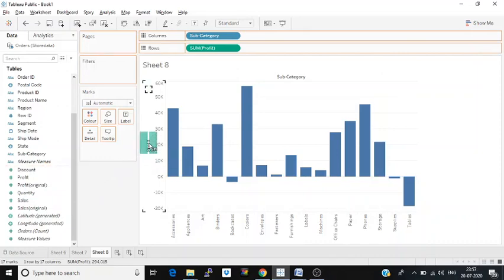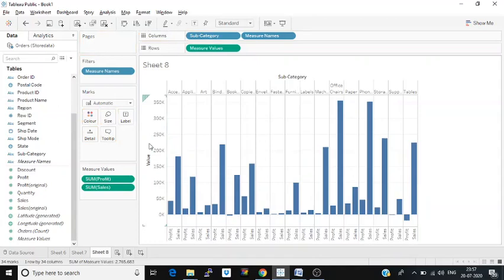First the profit axis was there. Now I have selected sales from the measure list and I will drop it on the same profit axis. So I will drop it over here, and if you can notice, the name of my axis has changed because now it is a blended axis. Its name was profit and now its name is value because it contains the range of all the values for sum of profit and sales.